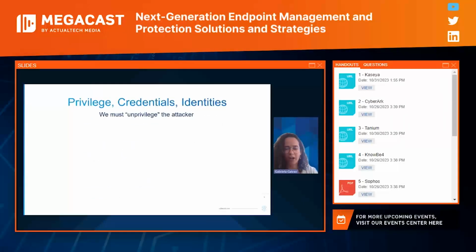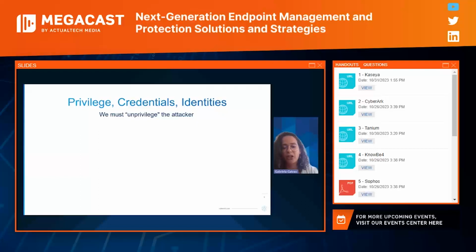And here they are. Those three things that I'm going to talk about are the main concern for many customers out there in the world, regardless of their industry: privilege, credentials, and identities. For an attack to be successful, they need to have control of at least one of those three things. And if you don't have an endpoint security strategy that focuses on protecting privileges, credentials, and identities, then you are very, very vulnerable.